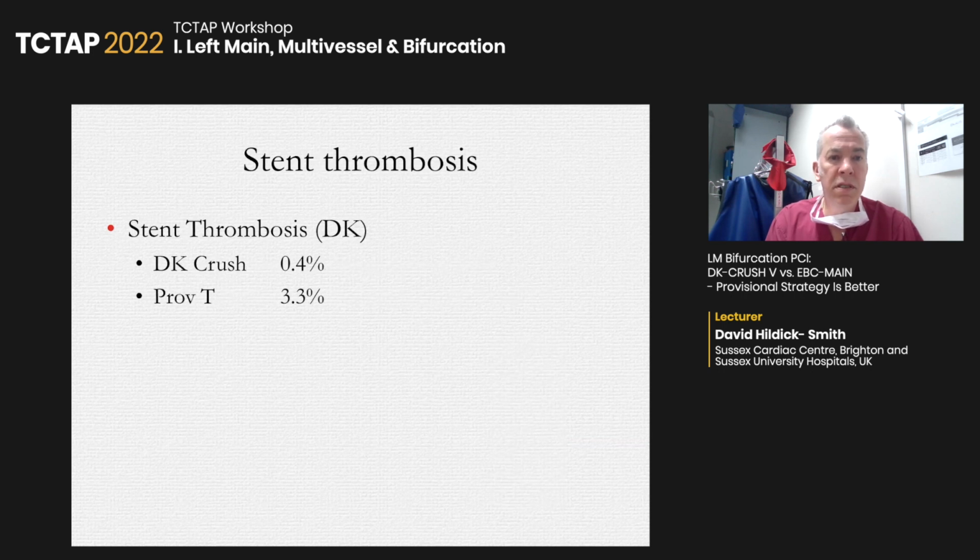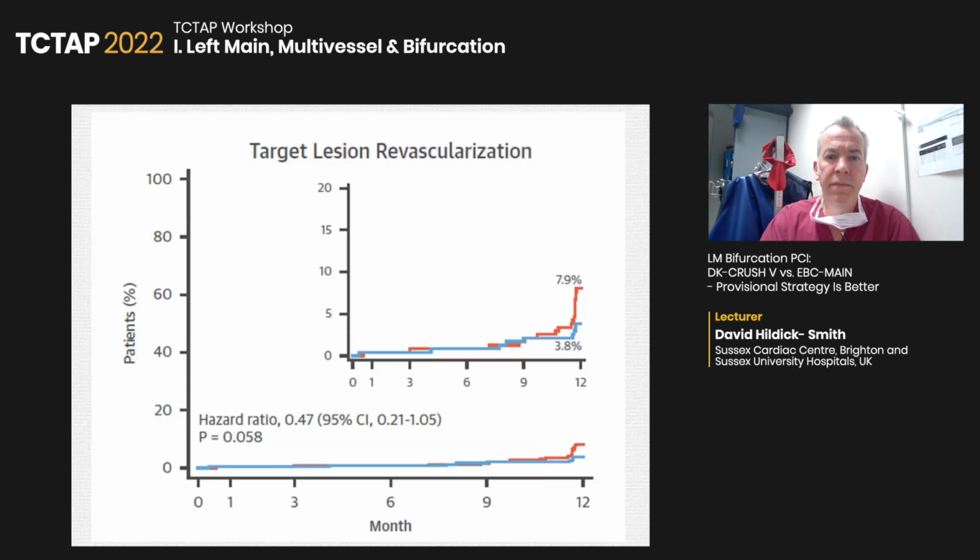There was more stent thrombosis in the provisional approach, which perhaps is quite surprising in the context of left main stem stenting. And I think it's fair to draw attention to the target lesion revascularization, which really drove the primary endpoints. Although it was intended that this angiography would take place after the primary endpoint at 12 months, in fact, many patients clearly had it before. And you can see this big uptake of revascularization, which was clearly angiographically driven. So I think that has rather clouded how easy it is to interpret